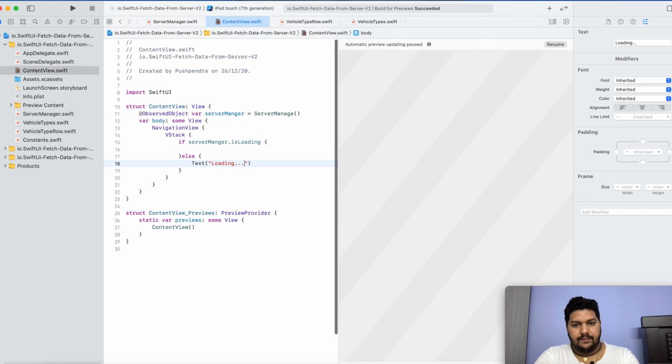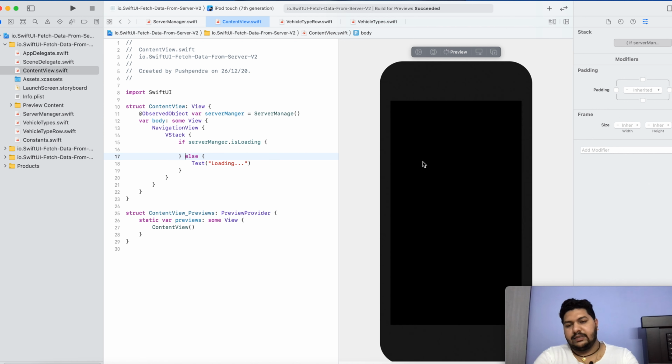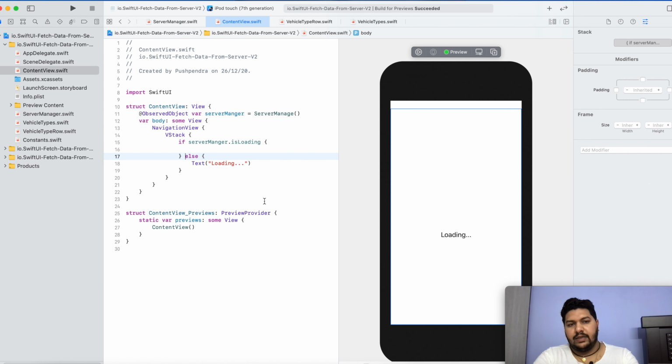Loading. Now if you resume, then you will find the output of this content view, how it looks in the initial stage. So here you can see loading.